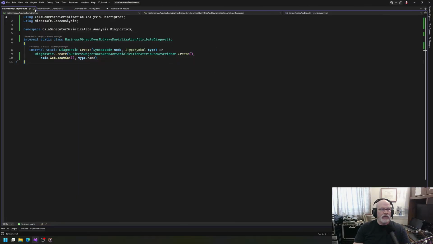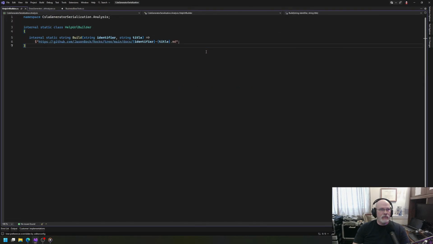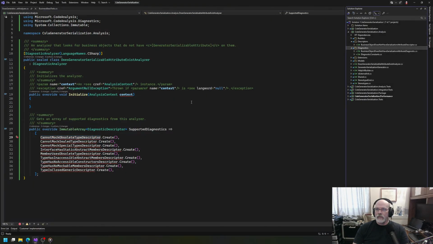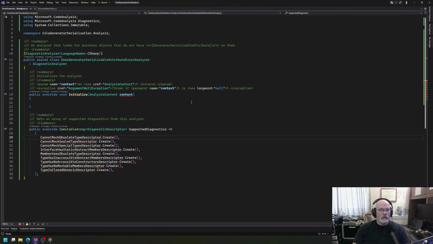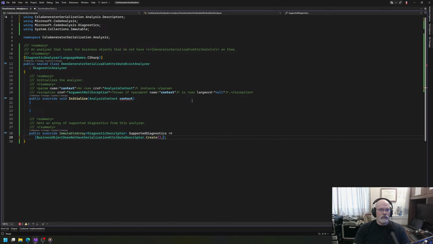Okay, so we have that. Help diagnostic is going to have to change, or the helper, because that's a different CSLA generatorization. Okay, we'll have to make that document when all this is said and done. Okay, so now we can say this name and get rid of all that. And since there's only one, there. Okay, okay, okay. Now we can finally get to the heart of the matter,